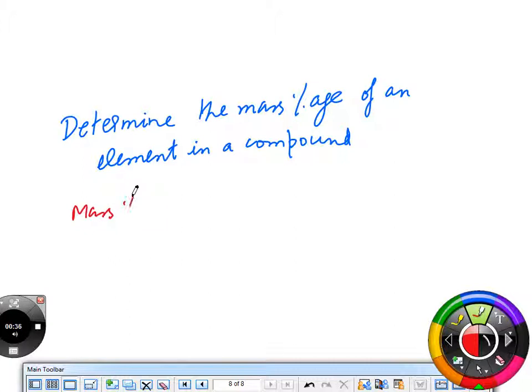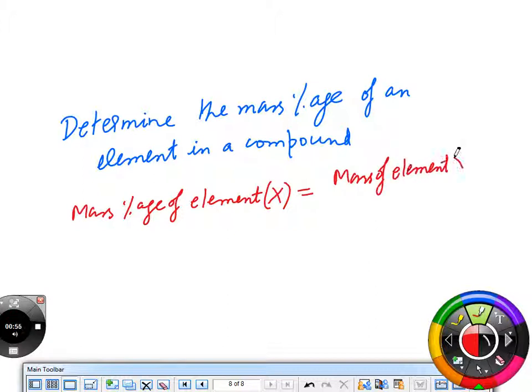Mass percentage of element, let us say x, तो उसको कैलकुलेट करेंगे. x एलिमेंट है, फॉर एलिमेंट x. सो मास ऑफ एलिमेंट x in the given mass of the compound